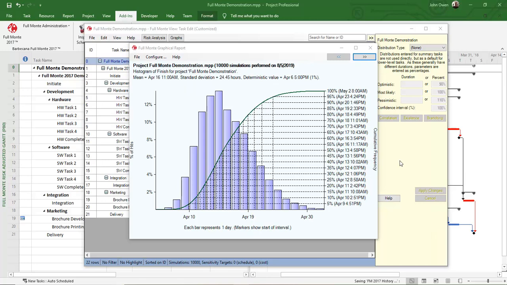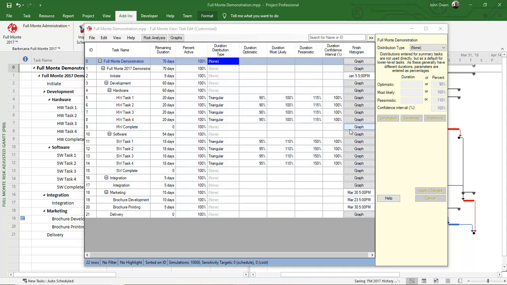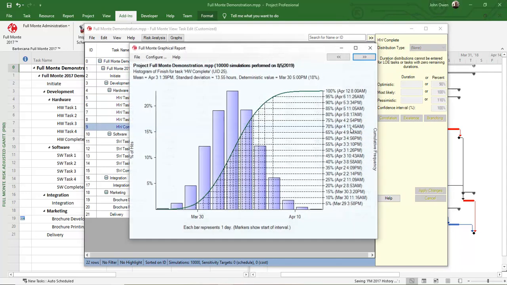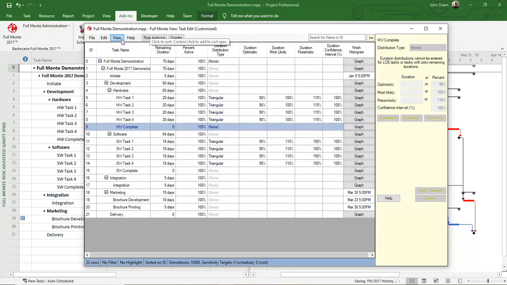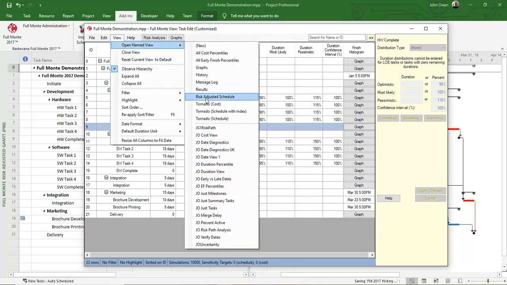Full Monte always calculates all of the charts for all of the tasks and summary tasks in the schedule. This chart represents project completion. I can look at individual milestones. For example, here is the hardware complete milestone. I can also go back to the tornado chart to see the tasks creating the most uncertainty in the outcome